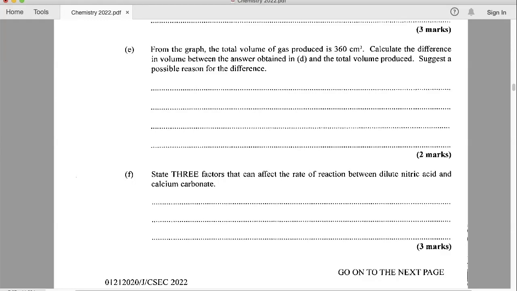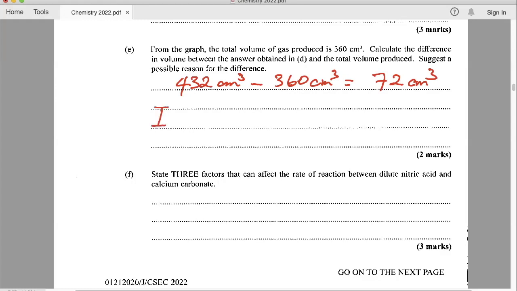So they want us to calculate the difference, so we're just going to state that 432 cm³ minus 360 cm³, and the difference there is 72 cm³. And so we should suggest a possible reason for the difference. Now, a possible reason for the difference, why we did not have all of 432 being produced, it could be